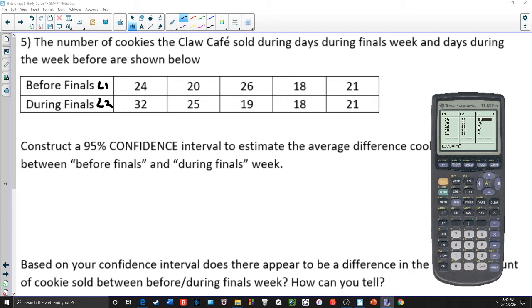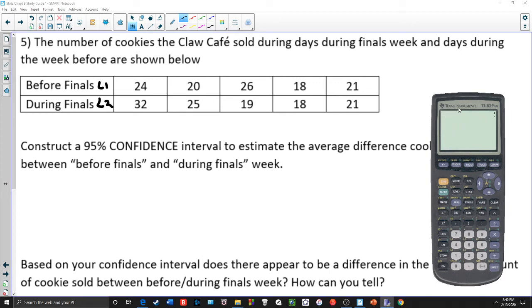So now that I have list 3 made by subtracting L1 and L2, I can go back to stat, test, and the confidence interval or the t interval. I can go into data and I can actually change L1 to be L3 because I want to use the list of the differences, not just the list of the first numbers I put in. Frequency is always 1. Confidence level in this case is 95, so we can keep it as 0.95 or change it to 95. It doesn't matter either way. We go to calculate,